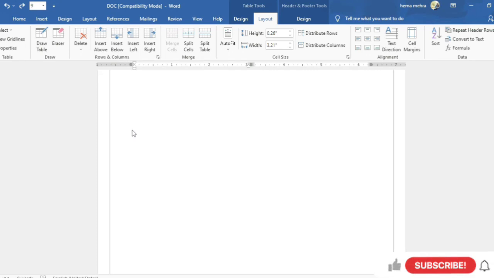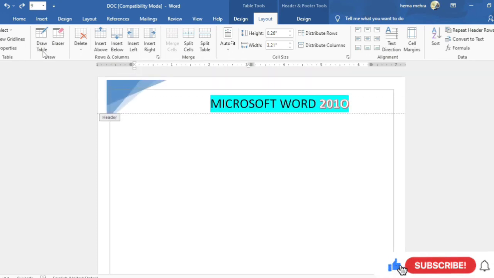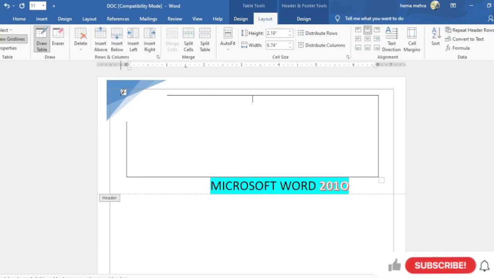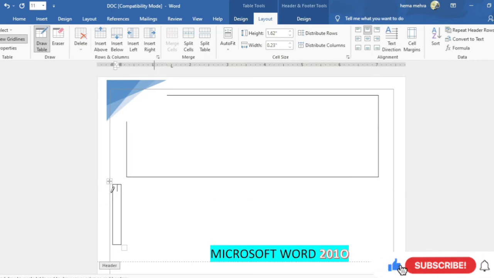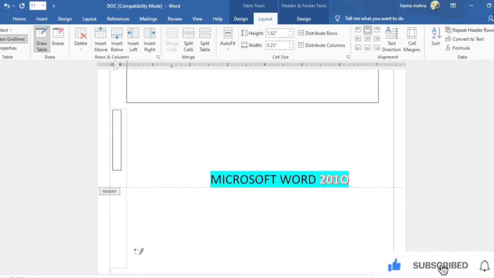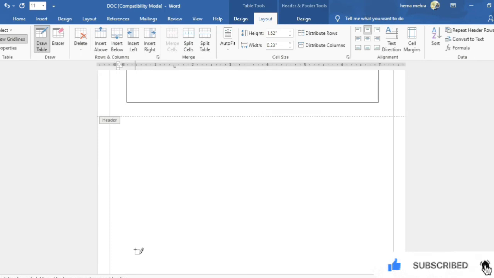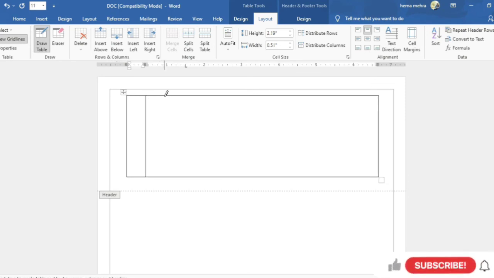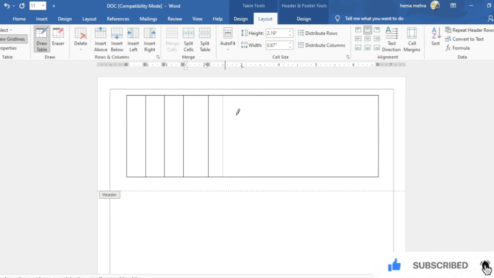For making a table, first we need to go to the middle of the page. Draw, come to the middle. Now you can see we have added a single rectangular box, and however many rows and columns you want, you can simply click the mouse button and drag a straight line towards the bottom.